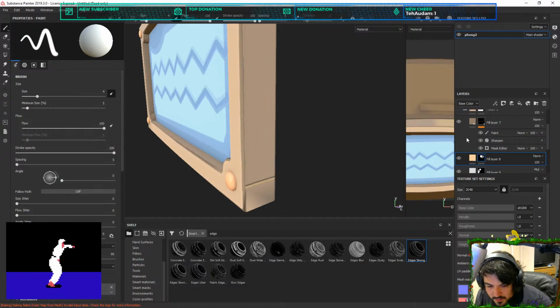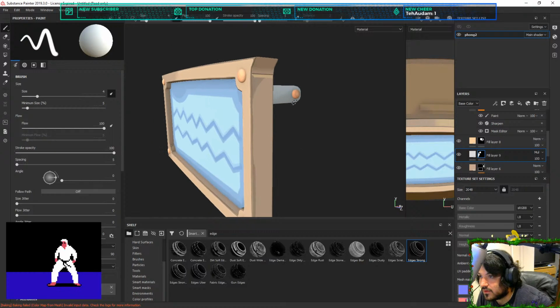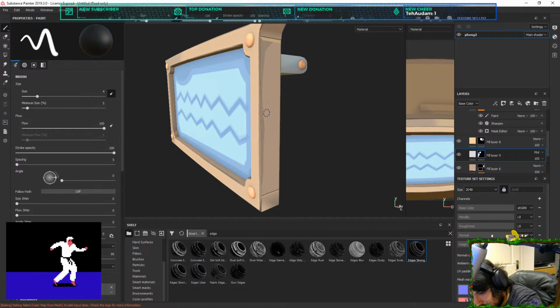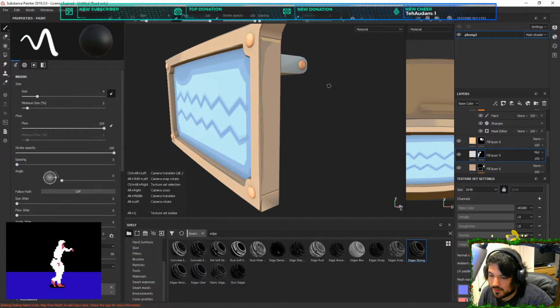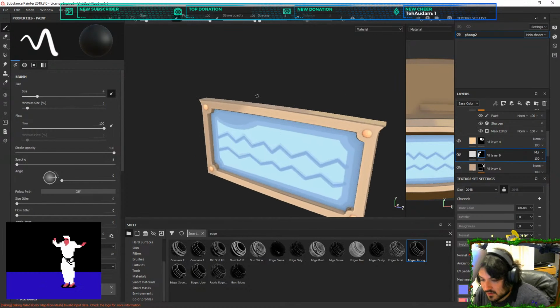I want it becoming more down here. So it's sort of like this. Must come all the way down here then. Good.